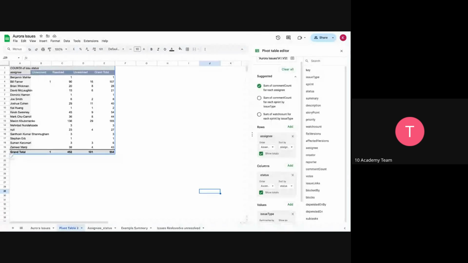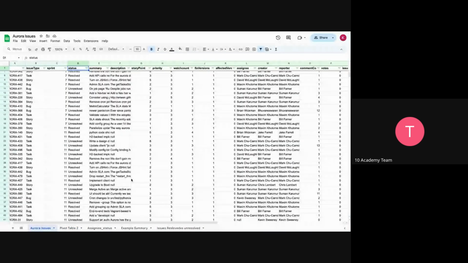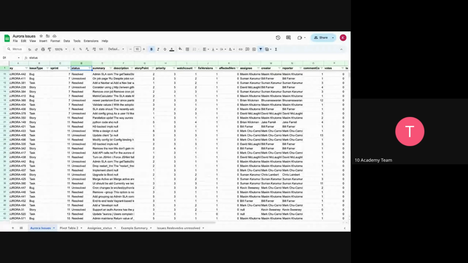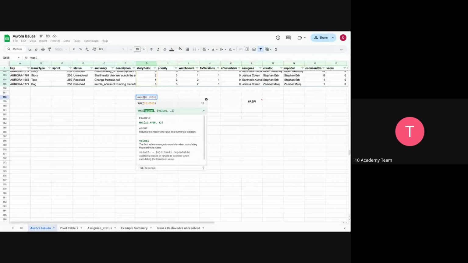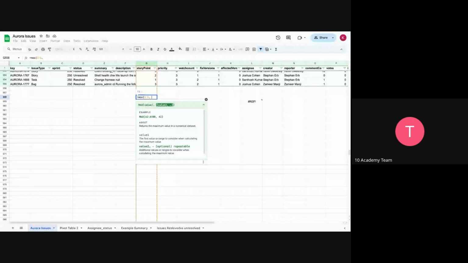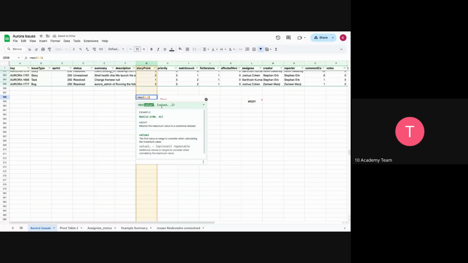So here, for instance, let me go back to the original sheet, and let's say we look at the story points. So here we see equals MAX, so maximum of. Here you will see what you need to add, and you have an example as well. So I want to see from G up to G, and for the value, let's see the maximum of